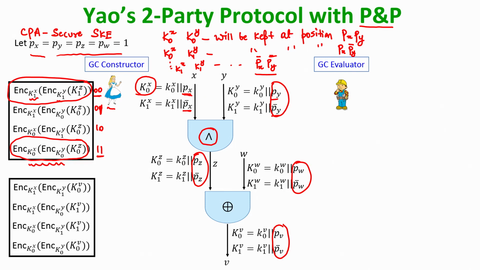And again, following the same logic, when Alice prepares the double encryptions for the XOR gate, she will arrange the encryptions as determined by the permutation bits associated with the Z wire. So, say for instance, if I take this third entry here, the third entry is the encryption prepared with the... Sorry for the typo here, I have actually prepared the table using only the x keys and y keys. The table should be prepared,